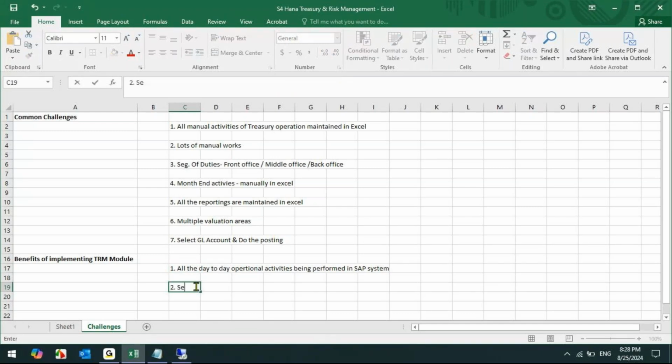The second advantage is segregation of duties. You can properly assign the roles: what has to be done, what can be done by the front office team, what can be done by the middle office team, and what activities are to be performed by the back office team. Actually, all these activities are already defined in the organization structure. The middle office team performs activities like scrutinizing what is created by the front office team. Let's say if I do some posting, the transactions or deal, whether I have done it as per the